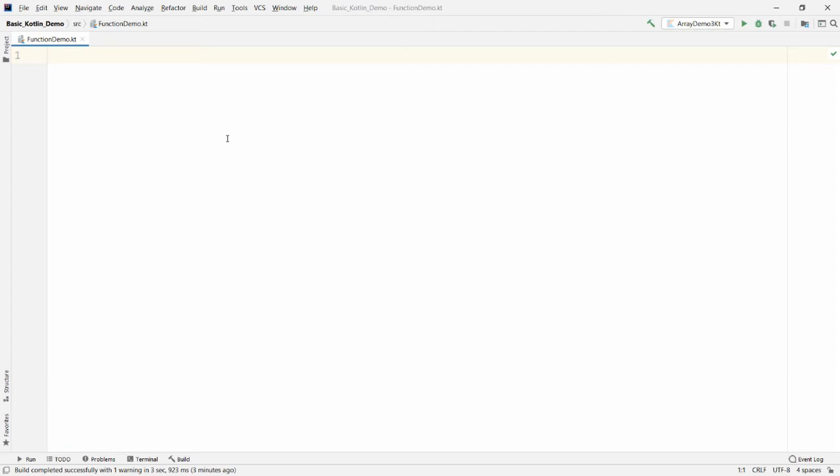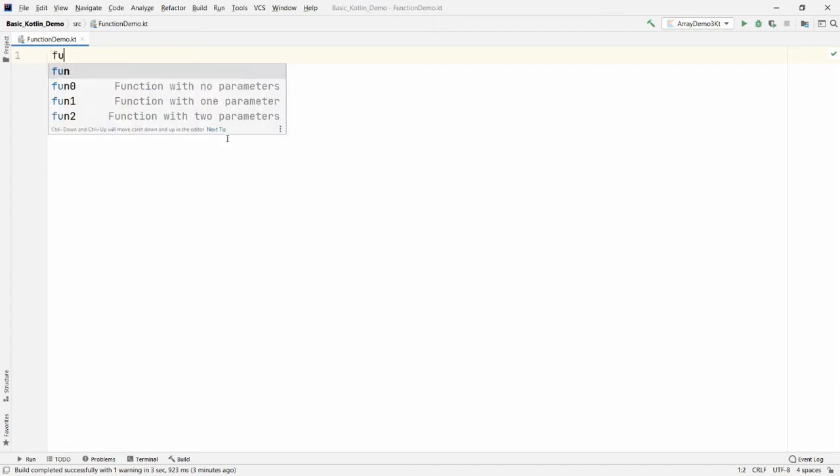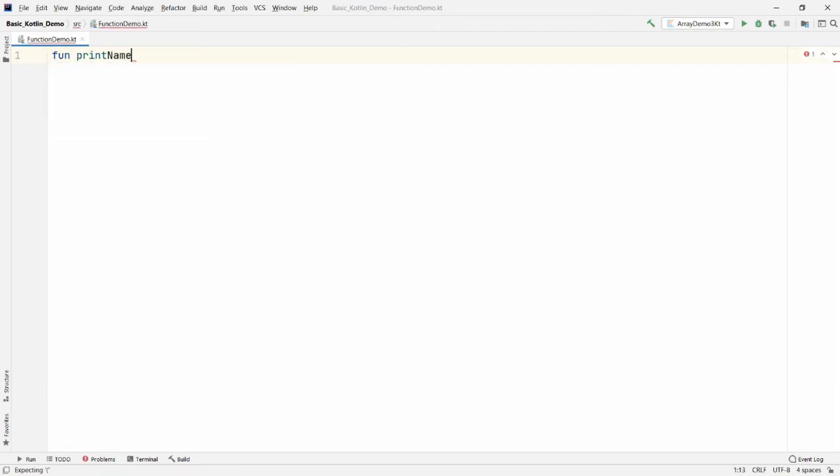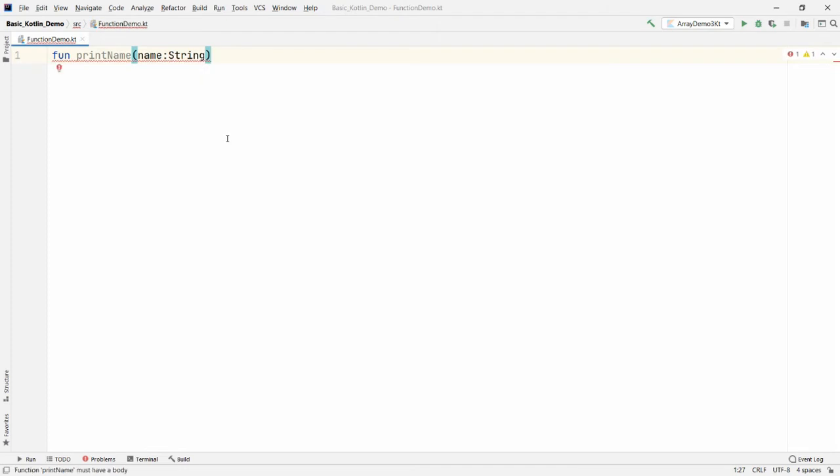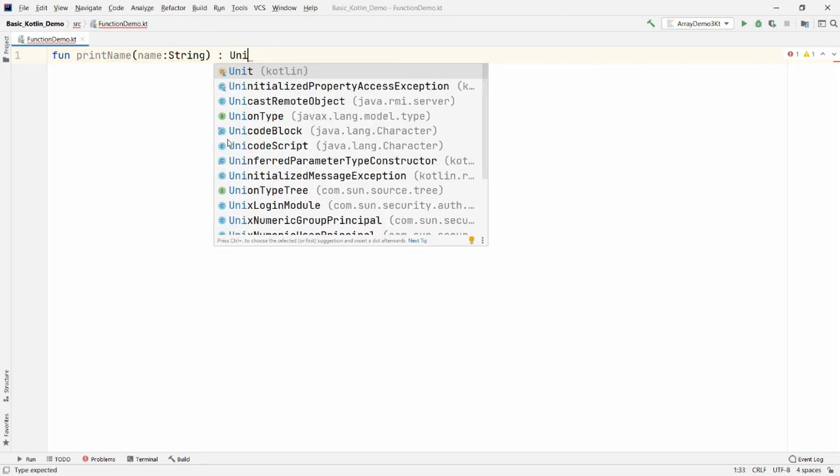Now I want to create one function and the function name is printName. Inside the printName function, I want to take a name as an argument from the user. So I'm declaring here name, and the data type is String. This function will return nothing, and whenever your function is returning nothing, you can simply return a data type that is Unit.